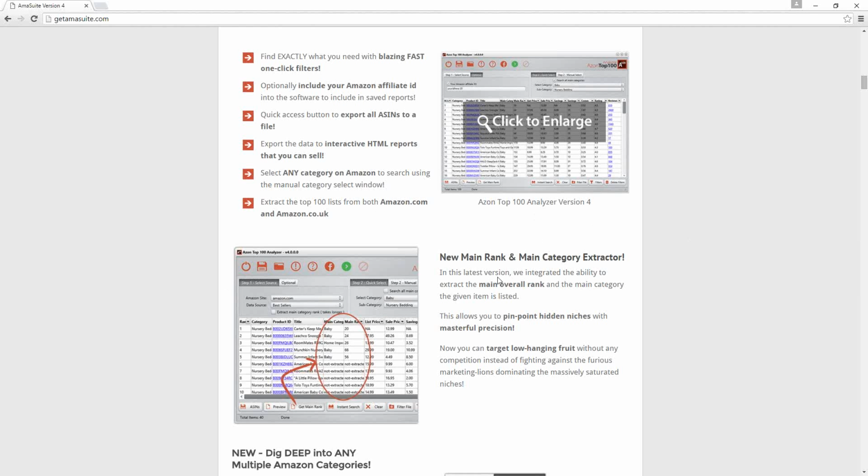Unfortunately, pretty much anything that this software will pull for you, if you're trying to go after the product with a keyword phrase, especially a brand and a model related keyword phrase for that specific product, you will find that anything that this software returns will have a lot more search engine competition on it, for the simple fact that it gets a lot more exposure. They're up in the top 100 rankings of these different categories.